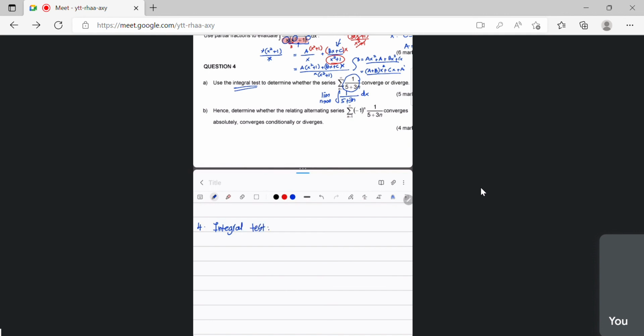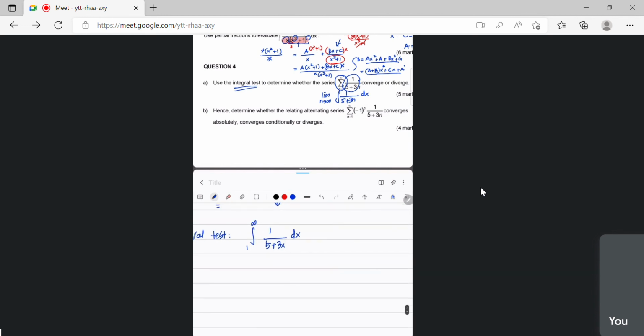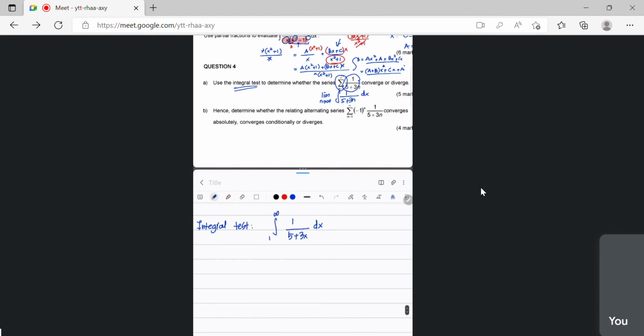Okay, integritas, kita tukarkan this series menjadi integration sign. So, dia akan menjadi 1 to infinity 1 over 5 plus and jadikan kepada x dx. So, we need to solve for this integration and then kita gantikan dia menjadi limit. Okay, bila kita dah tukarkan, since we have one of the interval is